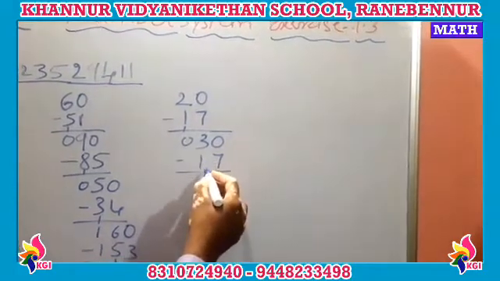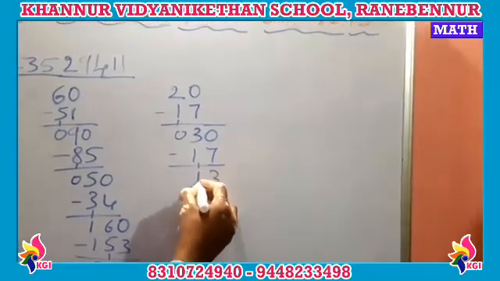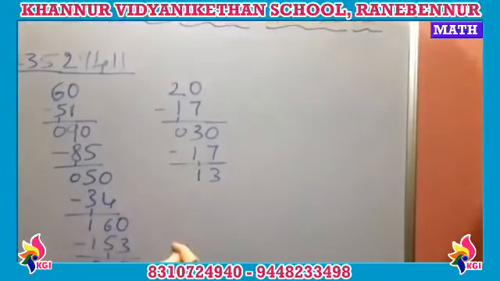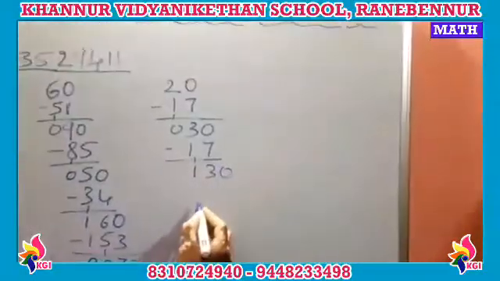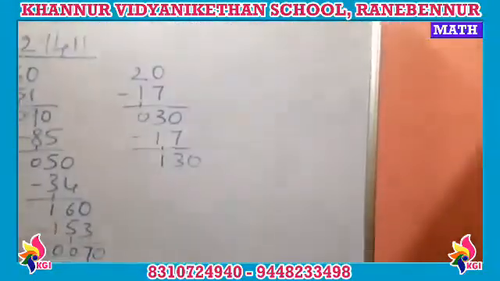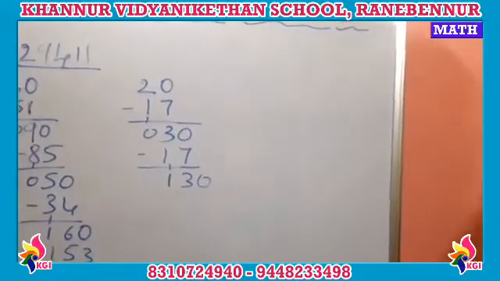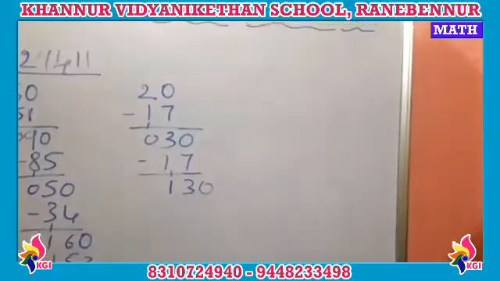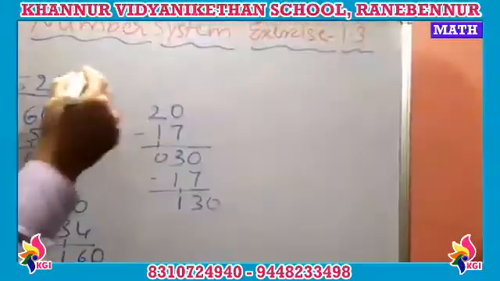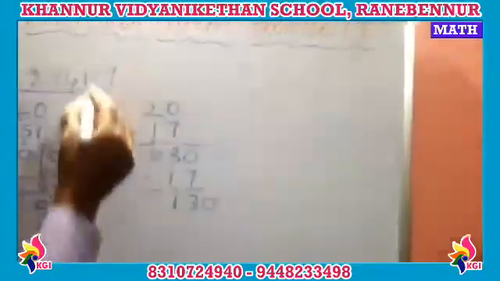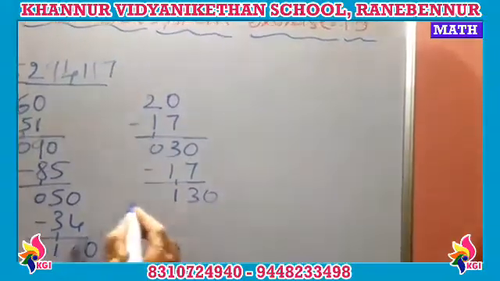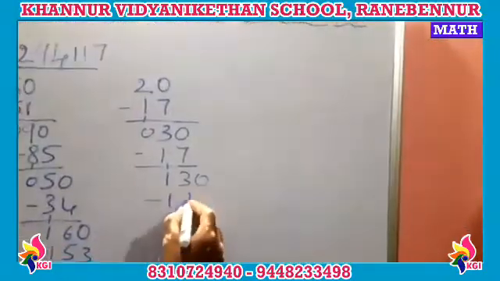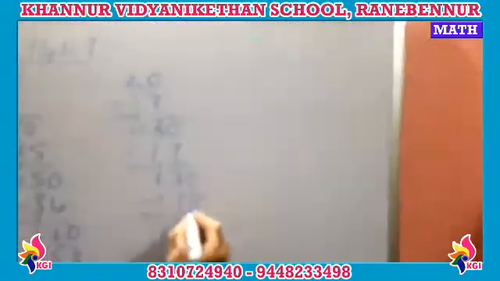Here next I remained with a 1. Why? Because 3 minus 2 is 1. So I can take up a 0 here. I remained with 130. So the next 17, how much nearby 130 is there? So here I am going to take 17 sevens. Okay, 17 sevens are how much? 119. Okay, so 119 is over here.